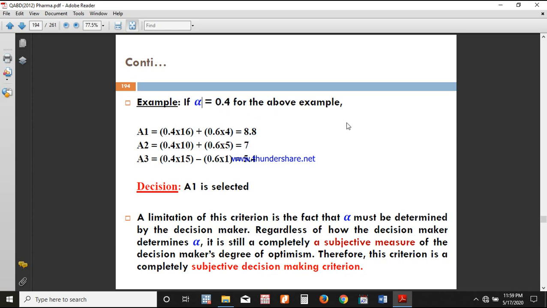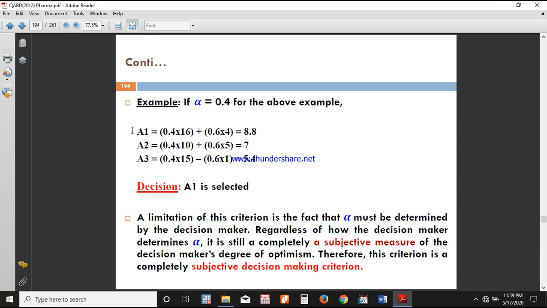Therefore, clearly 1 minus alpha, that is 1 minus 0.4, will become 0.6. Therefore, you can multiply this 0.6 with the smallest value from each row. In the first row, the smallest value is 4. In the second row, the smallest value is 5. In the third row, the smallest value is 1. Therefore, you can multiply the highest with the alpha value, and the lowest with 1 minus alpha